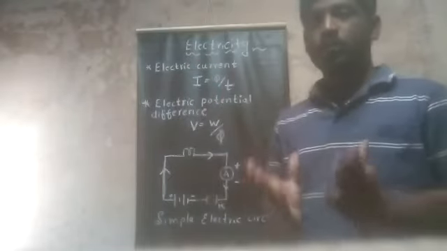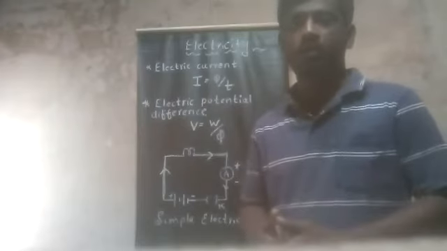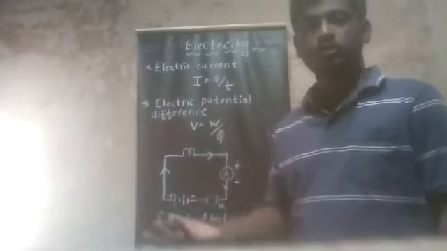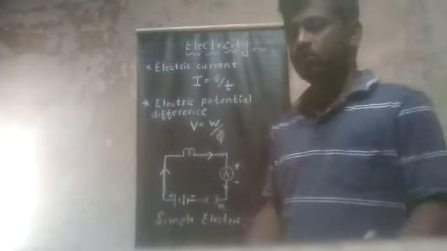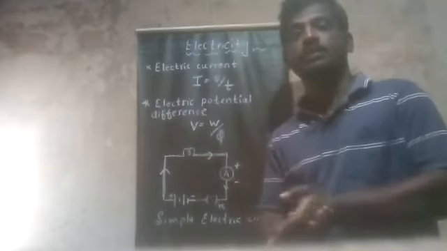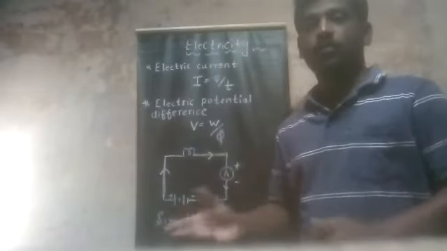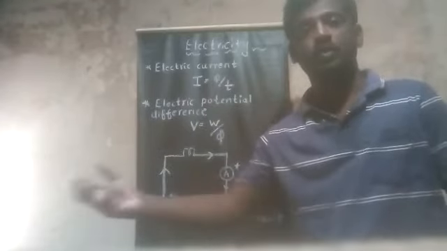Okay, so first of all, what is electricity? It is a controllable and convenient form of energy. It is used in schools, hospitals, everywhere. So first of all we should know what electricity is, what factors it contains, what factors will affect this electricity, and how it will flow through all the materials.